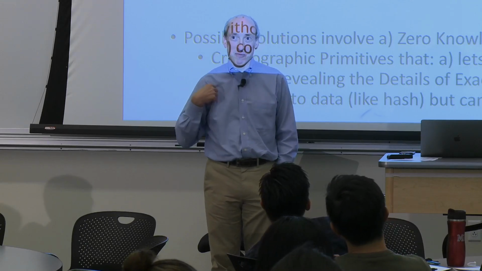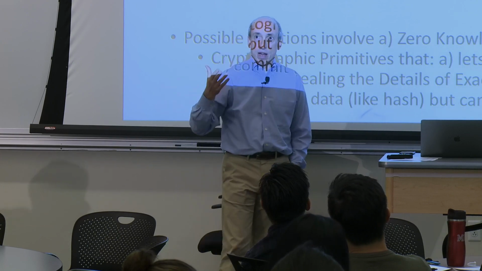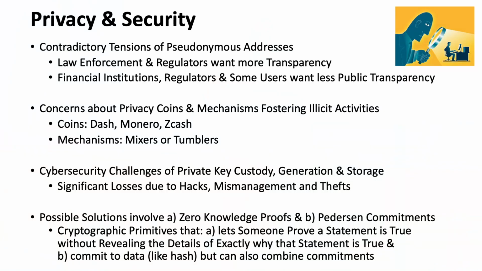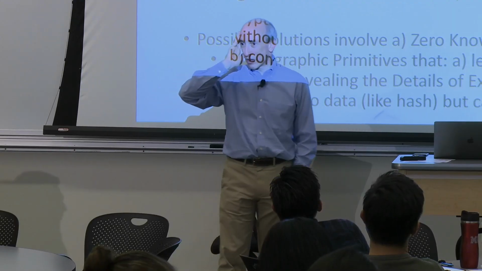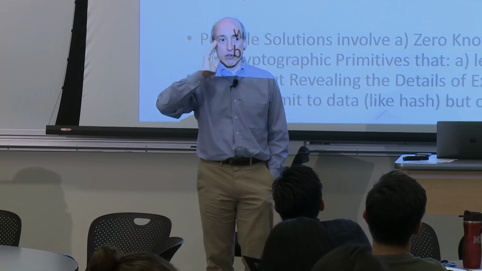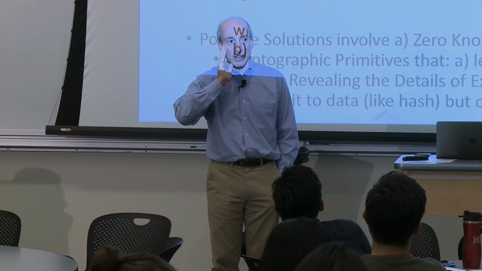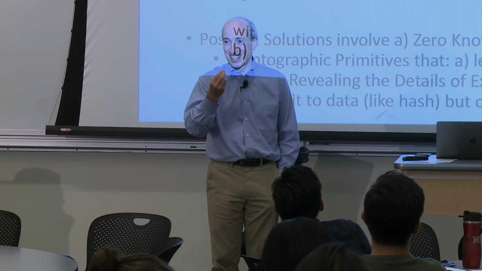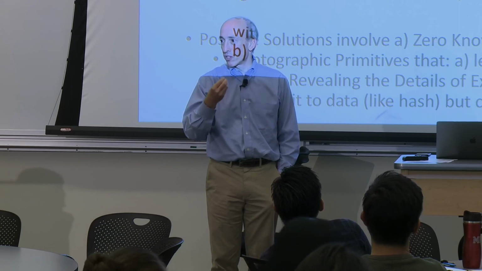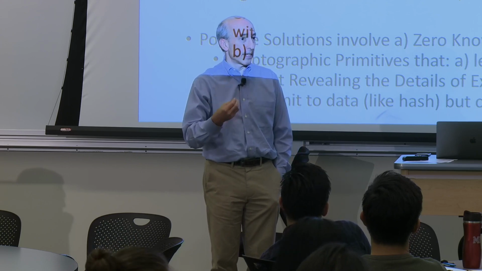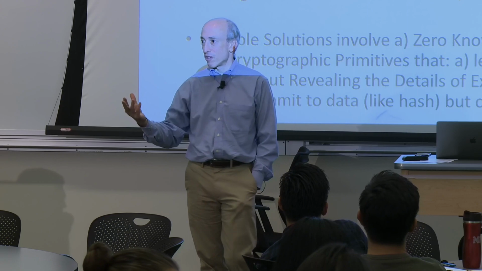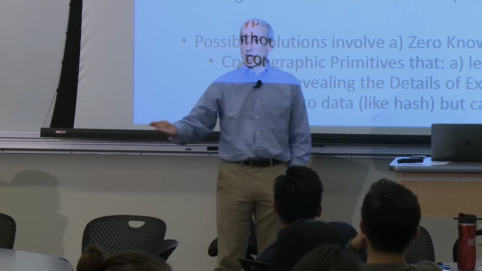I put up there my words, and I got Medors to help me write this one. Zero-knowledge proofs let someone prove a statement is true without revealing the details of exactly why that statement is true. You might say, wait a minute, you can prove something's true? It's like if you walk into a bar and they need to know you're 21 to get a drink. Let's make this tangible. What do you need to prove that you're 21? You need to prove that you were born before September 27th, 1997. But you don't need a lot more details.